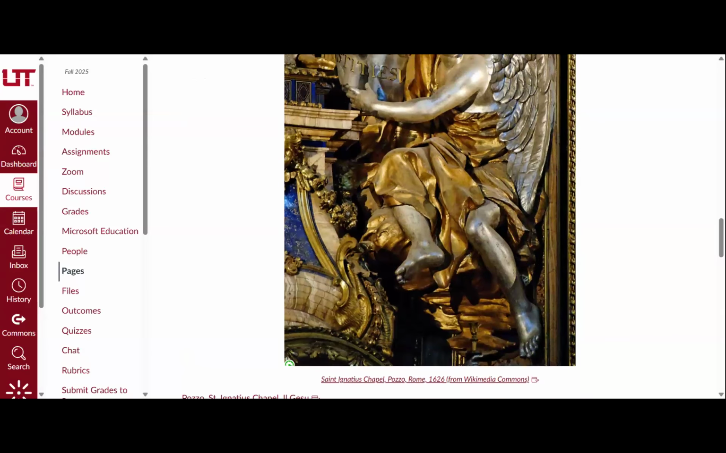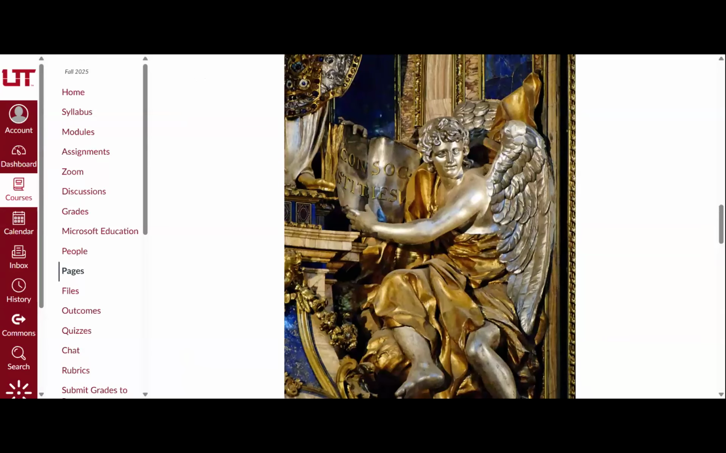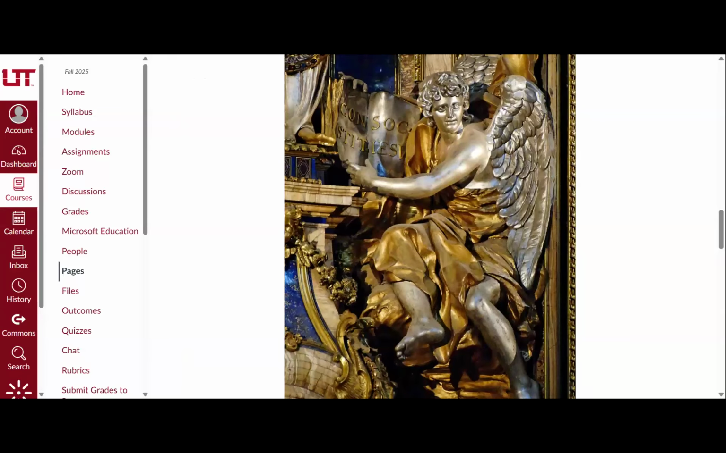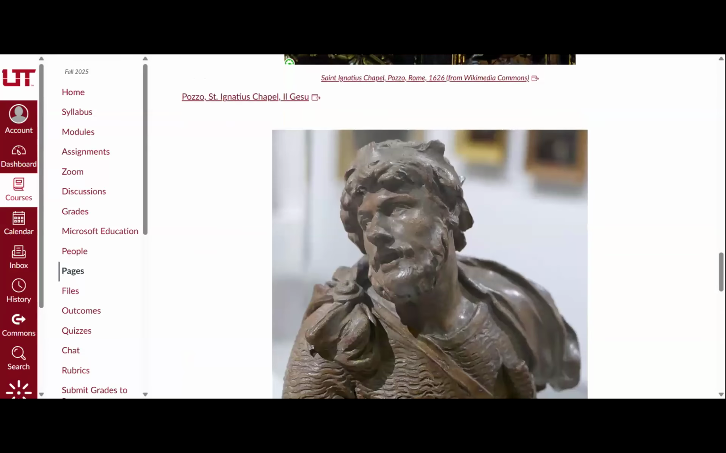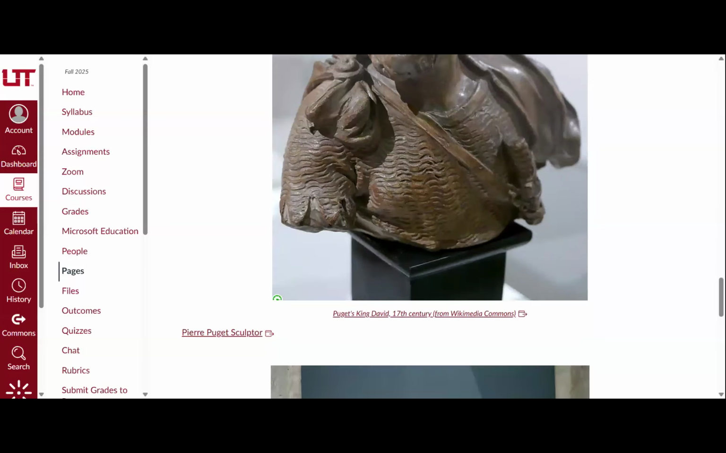And here's another angel right here. Now this one is a little bit more sedate, but it still feels to me like the angel is caught in a portion of their movement. They're turning towards the viewer, and I think that's really interesting. So here we have